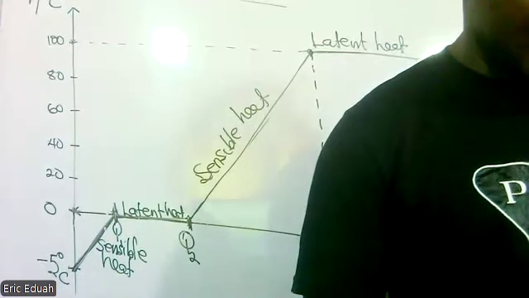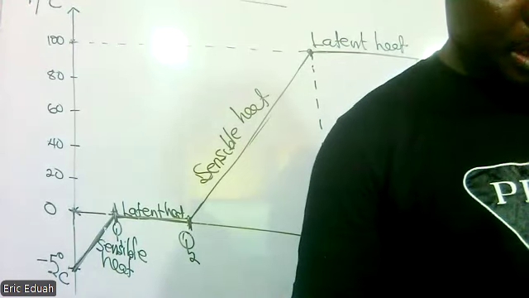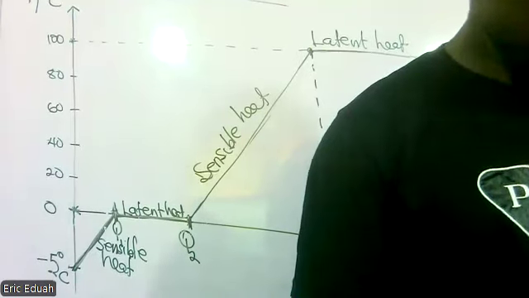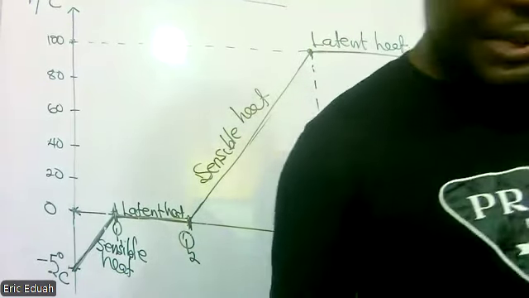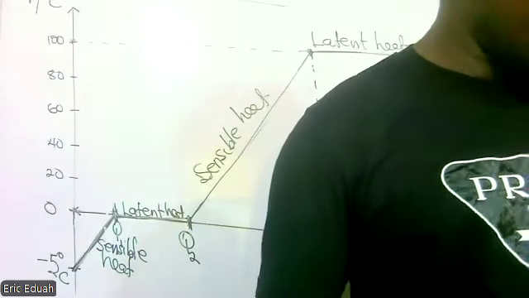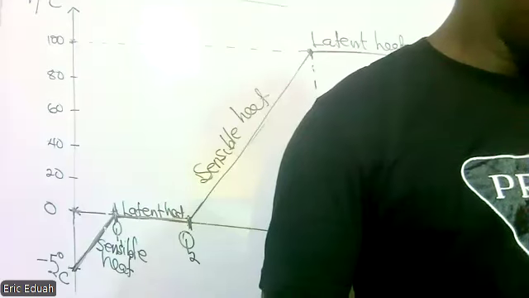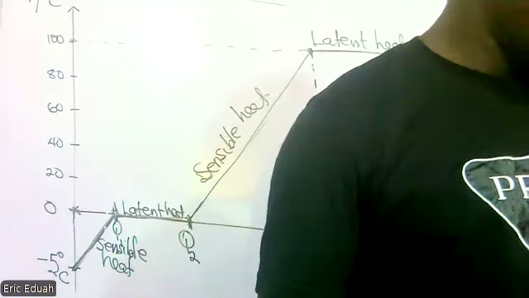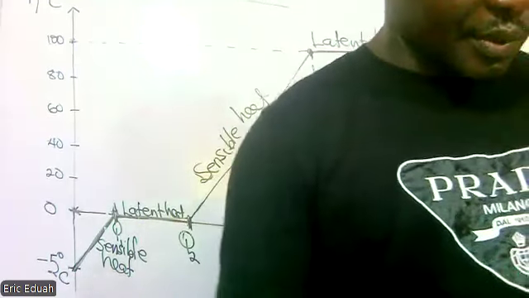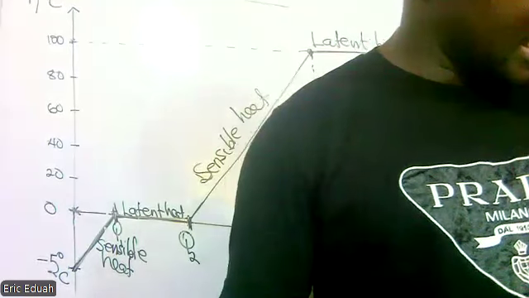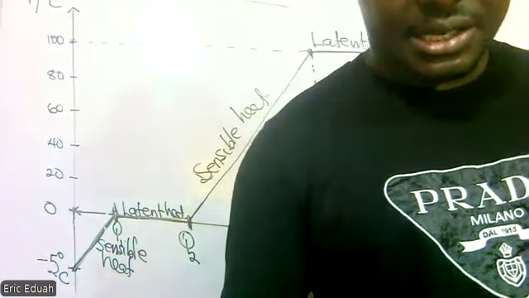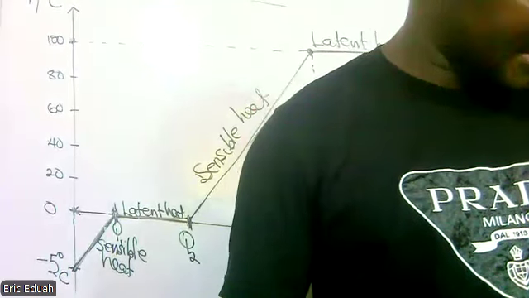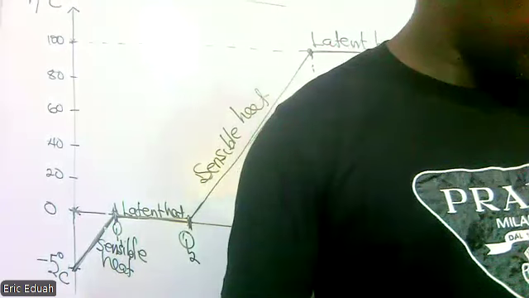Please, I'm referring to the last graph I sent to the group. Let me indicate this one. So the graph represents the temperature of 1 kilogram mass of a material as heat is added. So the graph is a graph of temperature on the vertical axis and heat energy on the horizontal axis. Okay.